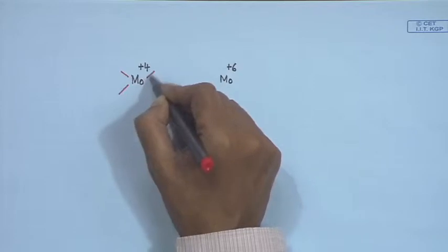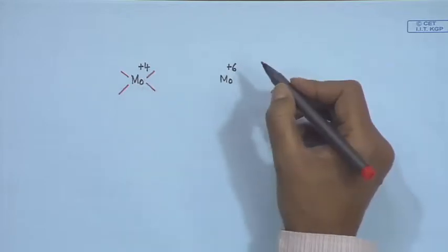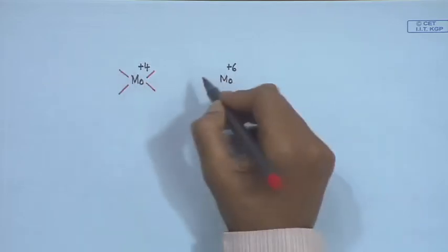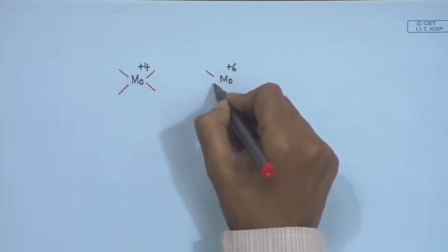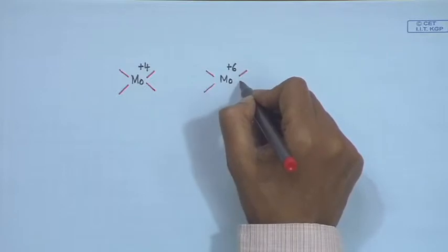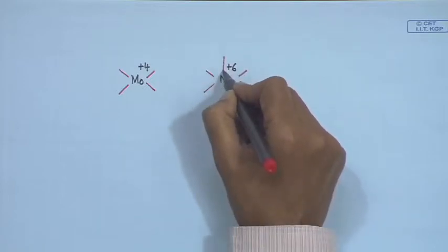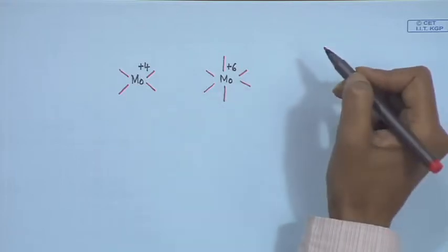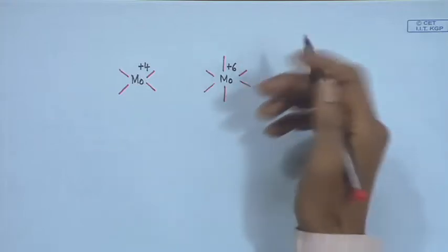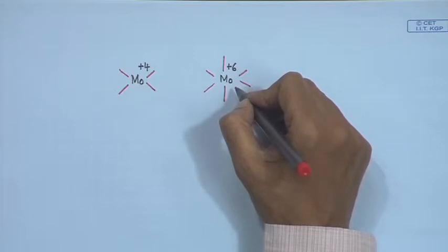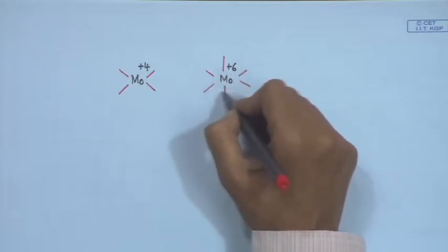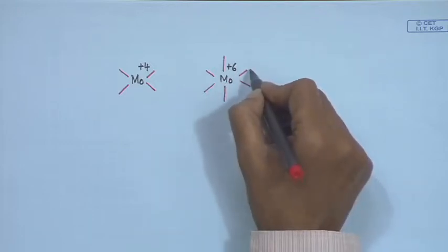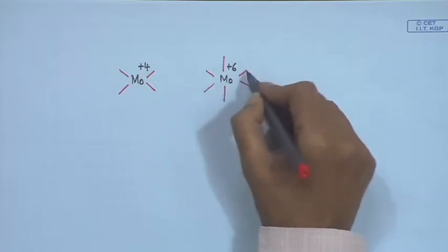In the lower oxidation state, we can think of the molybdenum being stabilized with 4 donor atoms, but when it is going from +4 to +6, we expect that it should go for a pentacoordination or a hexacoordination, because the size is small and it will attract more and more donor atoms around it, and the bonding interaction between the metallic center and the donor atom is more,